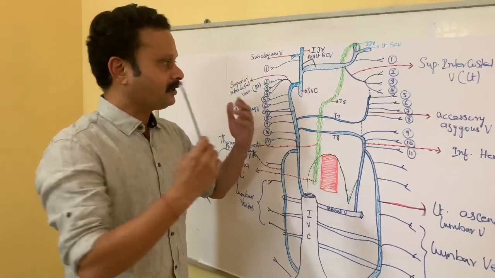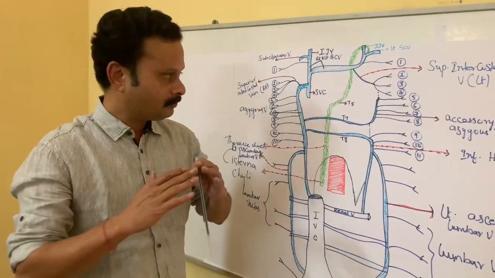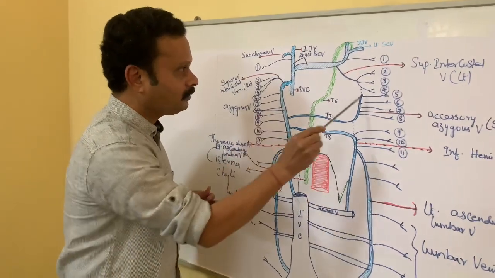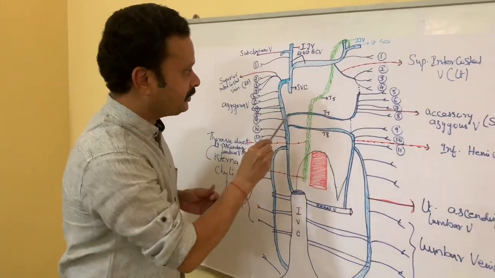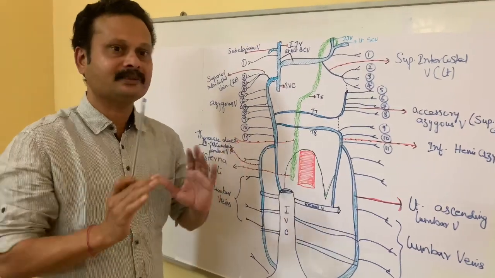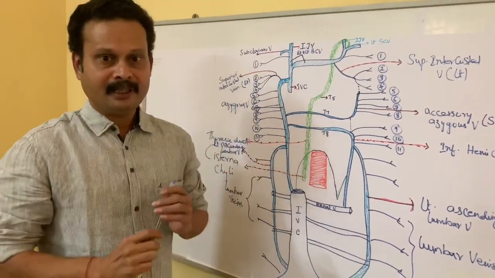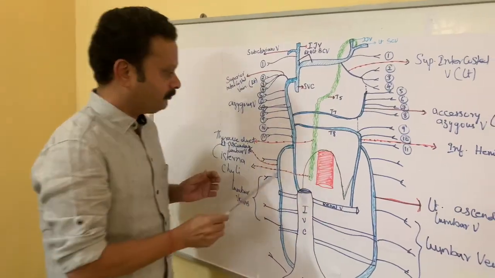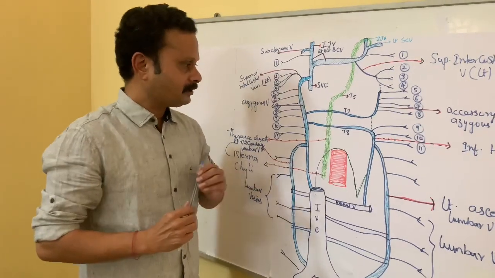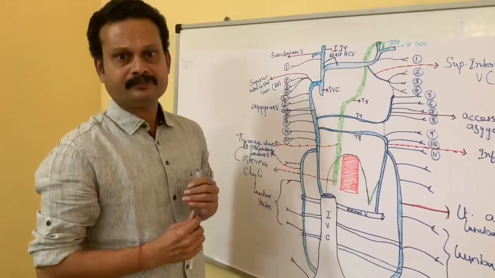And the terminal veins belonging to this azygous system are azygous vein, accessory azygous vein, and inferior azygous vein. These three are said to be the terminal veins belonging to this azygous system of veins. When we talk about the azygous vein, it is inconstant in its origin.